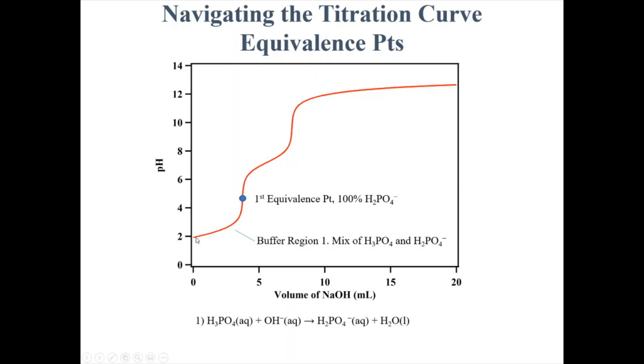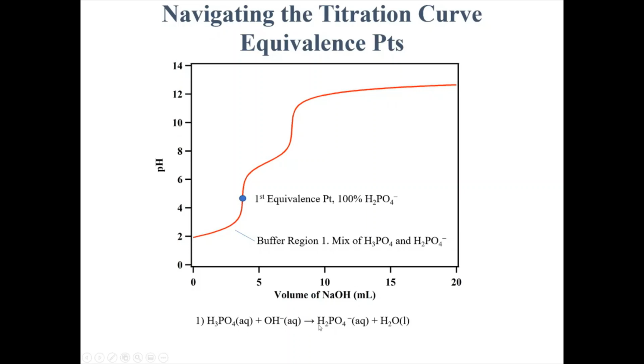So what you notice is that we have the behavior of what looks like a weak monoprotic acid. We see a buffer region, and then we see the pH start to rapidly rise, which is suggesting that we're coming to an equivalence point. And right in the middle of that rise is going to be the first equivalence point. So as we add the base for the first proton,